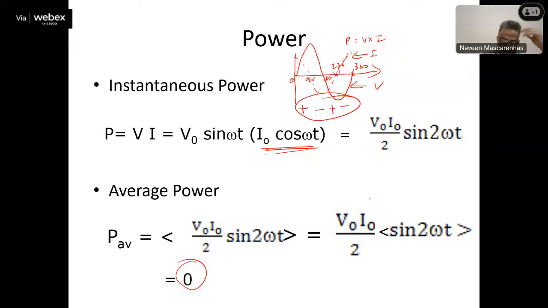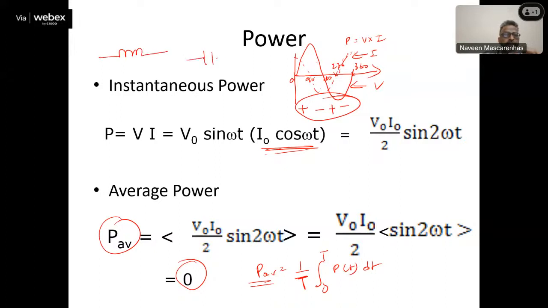Once again, the same story. The average value you have to take. Average value I have defined already. It is taken over one complete cycle, 0 to T of the instantaneous values, dt. This is the definition of average power. Entire cycle means 1 by T. Good. So, which means current flowing through a coil or capacitor